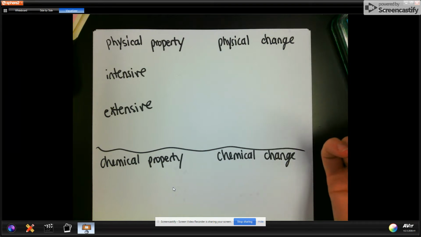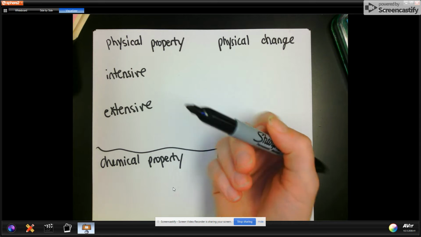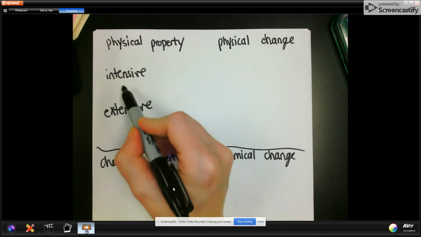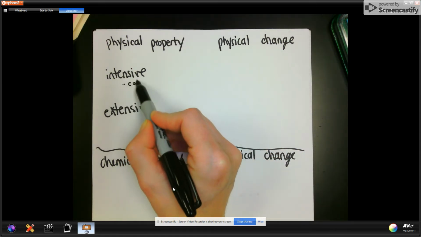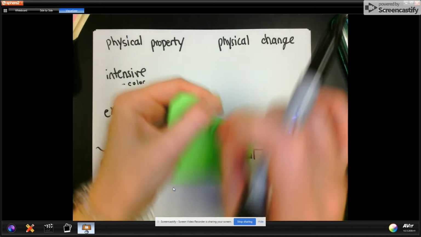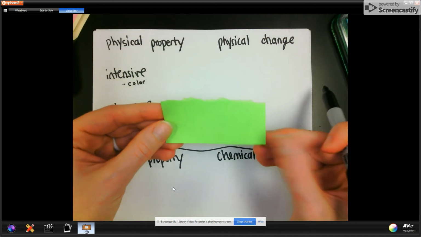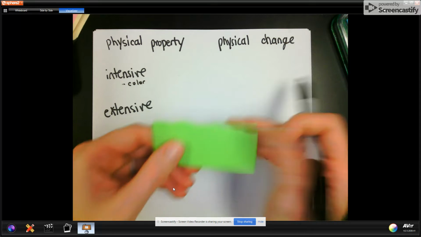You have intensive physical properties. Intensive properties are independent of the amount of mass, so it's not going to change. The color of a piece of paper, so in class, I took a piece of paper, it's green, I ripped it in half, so I changed the amount of matter present. Well, the color didn't change, the texture didn't change,